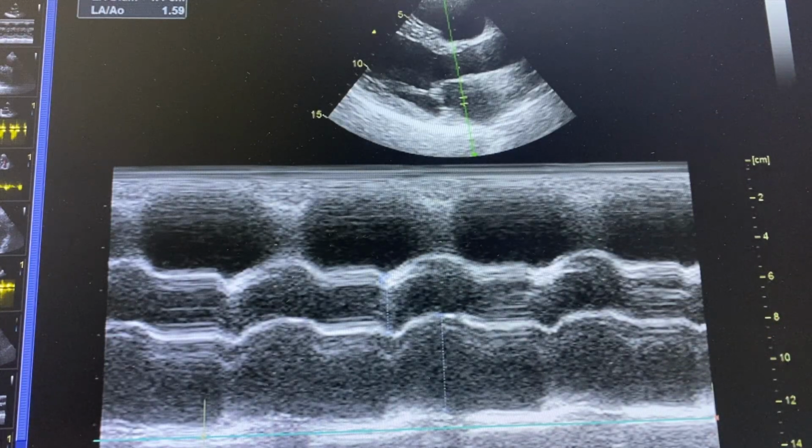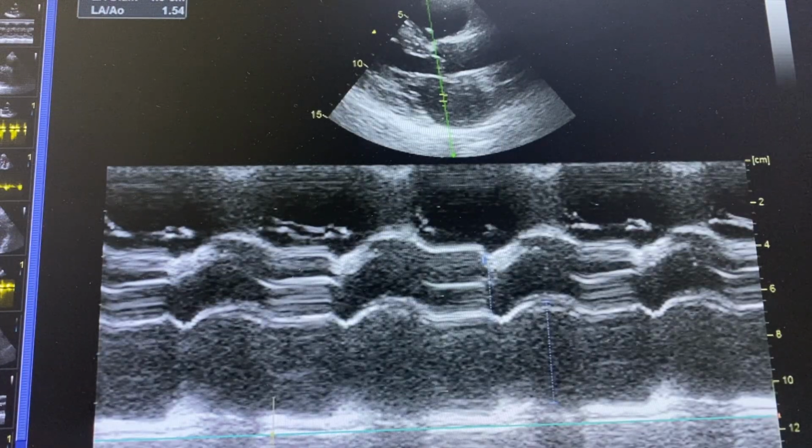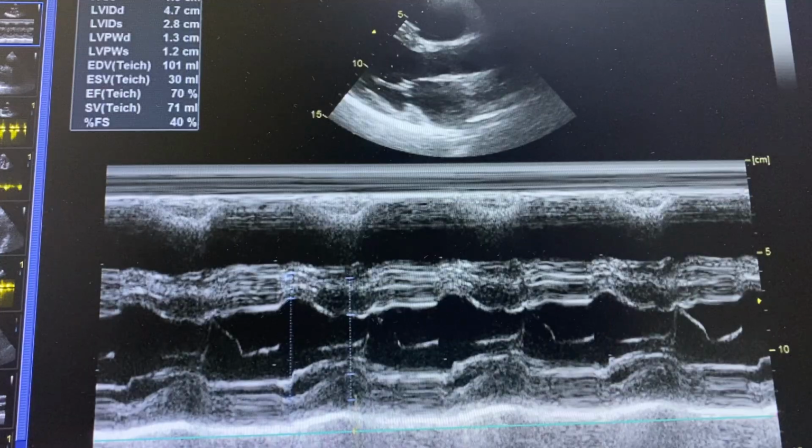So now today we are going to see how to take measurements of the LV cavity. Remember, for the aorta and left atrium, we said it is leading edge to leading edge. That's what we said. But now for LV, because in a PLAX, what we see here,